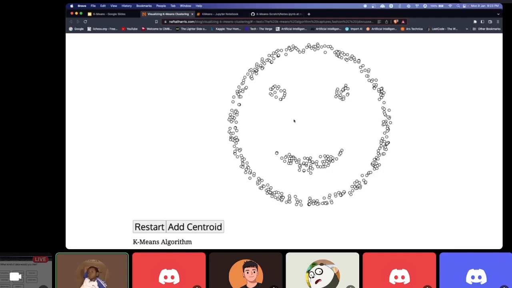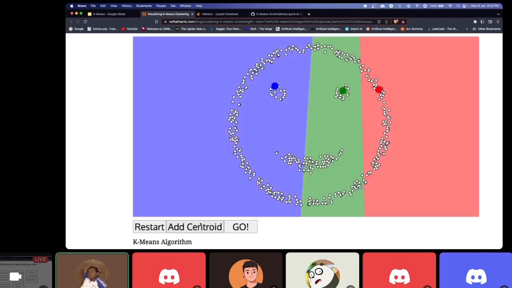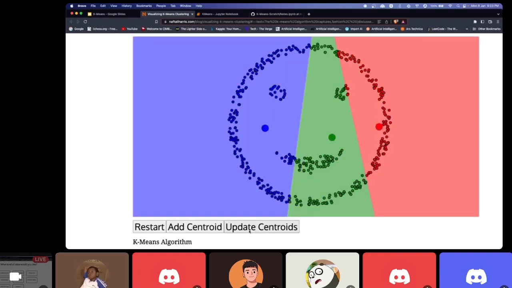So let's try our smiley face. We know there are three groups here: eyes, mouth, and the face. So three groups. Let's see what we get. There you go. Not quite what we expected, but obviously, according to our logic on how k-means works, this is a plausible